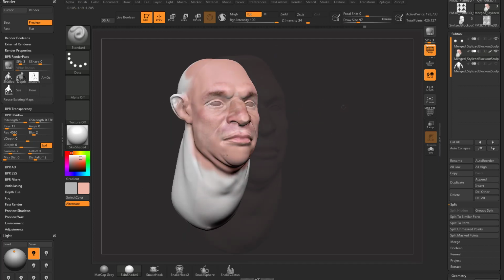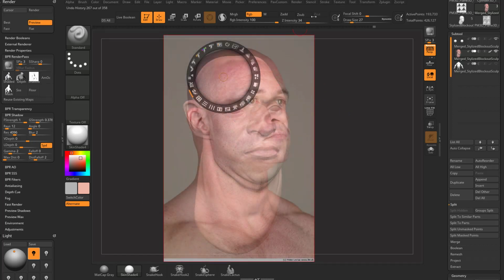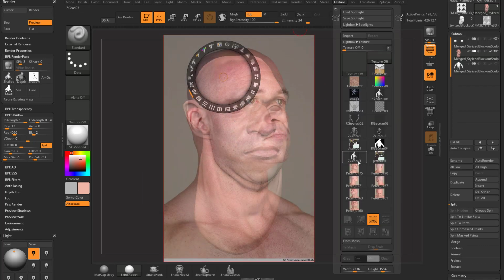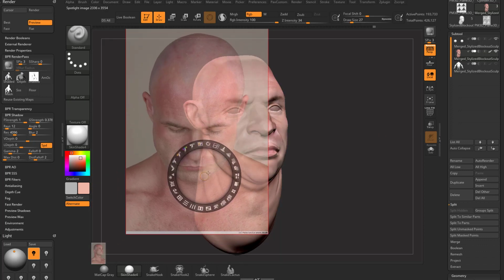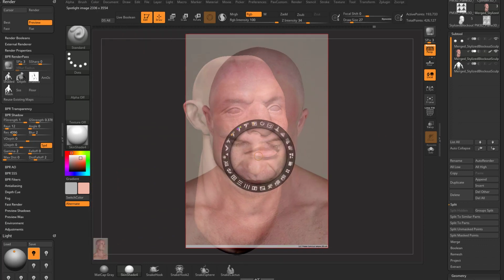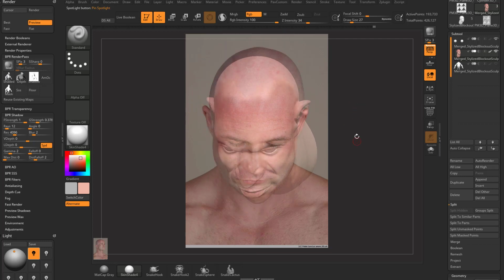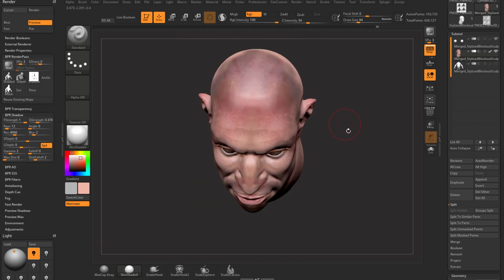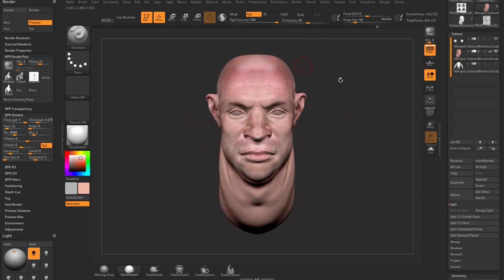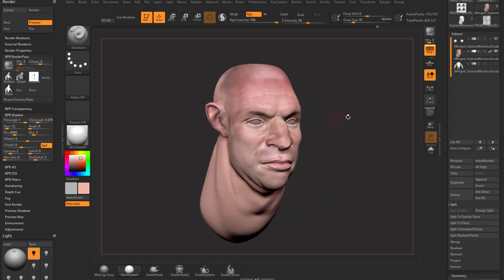Now if you want to bring in more images, just hit Z, texture, and so we want to do his face straight on and down, just click add, and now we got both of these images in here. So now you got this new one here. Hit Z to go back into painting mode. Now you can pick up where any of these things left off. And you can also turn down your RGB intensity, and you can also turn off X symmetry if you don't want to paint across symmetry. So feel free to do either of those. Anyway, I think you guys get the point. You can basically just go around the entire object